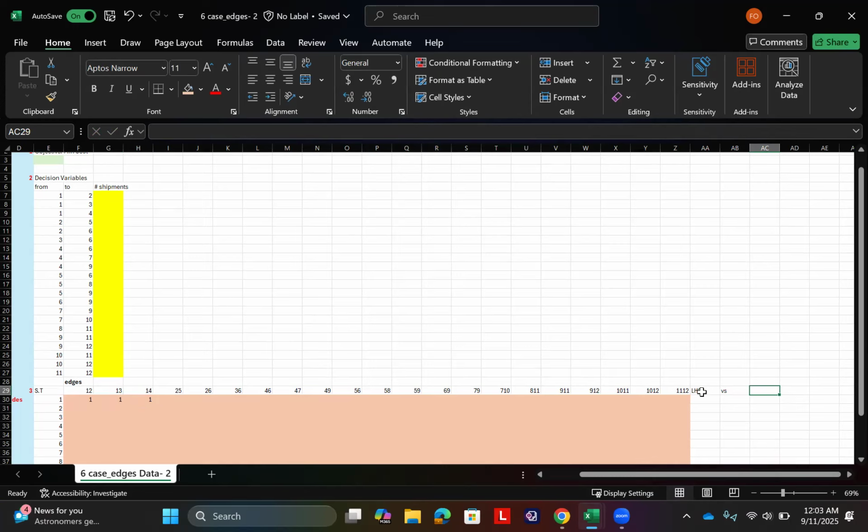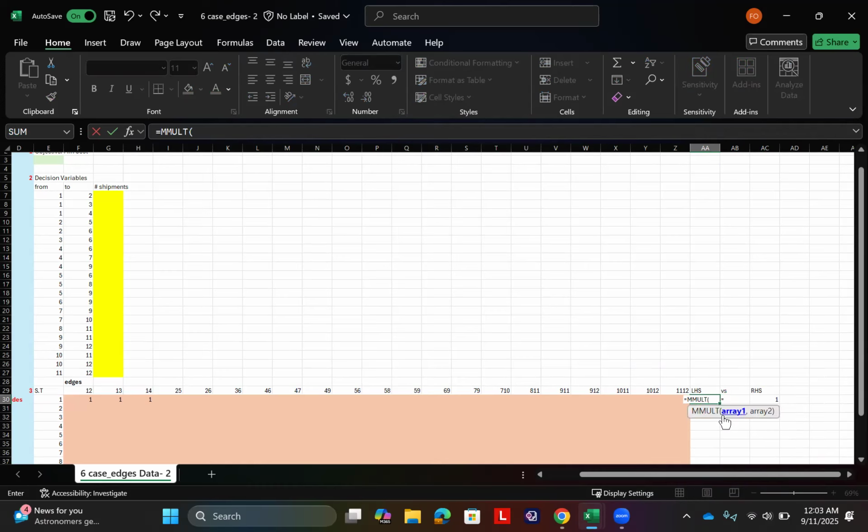Then here, my left-hand side value of the constraint versus my right-hand side value of the constraint. The right-hand side should be 1. Why? Because I want to make sure that there is a flow out of node 1, because that's the first node, since we are trying to start from 1 and reach 12. So I want to have a net outflow from 1. That's good. And then here I will do matrix multiplication, where the first array is the decision variables,